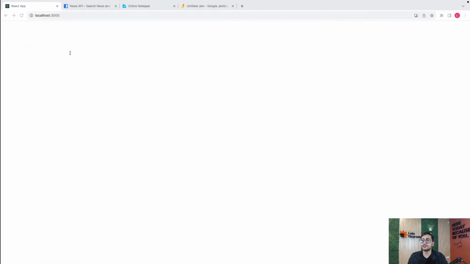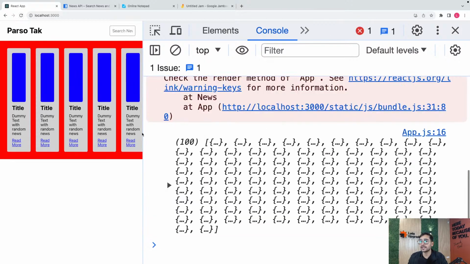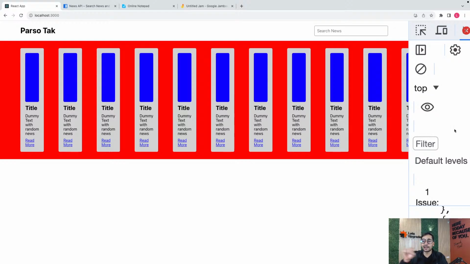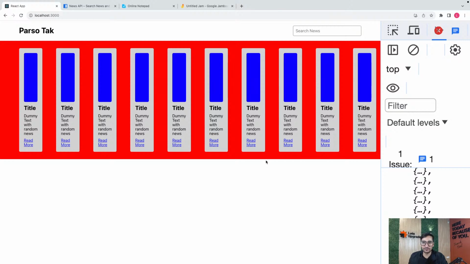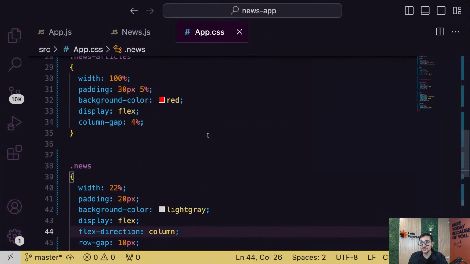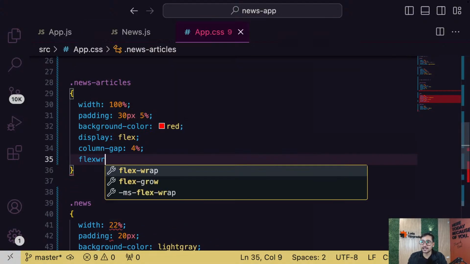And guys, now you can see, okay, there's some issue going on. Let's see what's that. I think it's just loading, maybe. Let's see. Yep. See, guys, you can see all the 100 are going in one line. It's because Flexbox is trying to shrink them. By default, Flexbox tries this, right? So let's first of all go and ask Flexbox, don't do this. Please wrap them. So flex wrap.